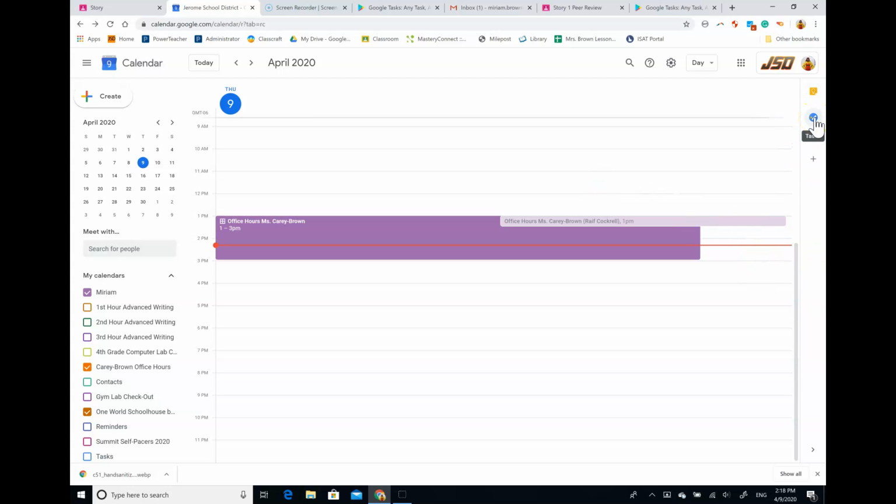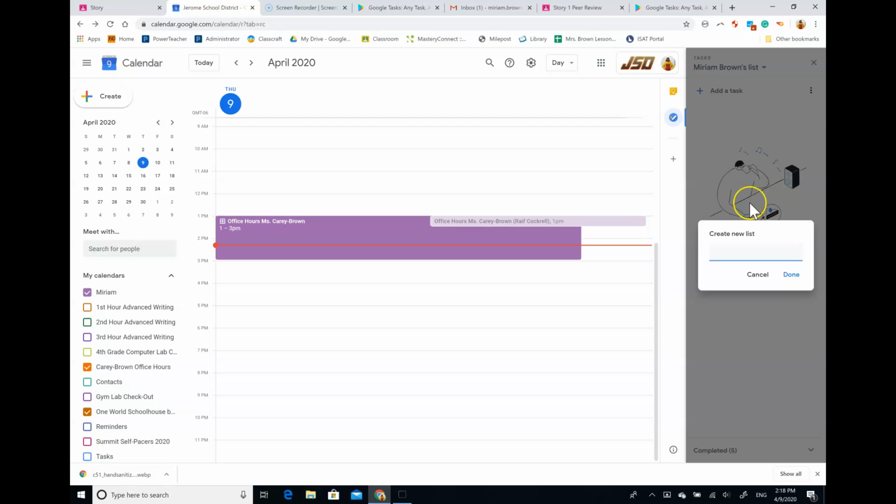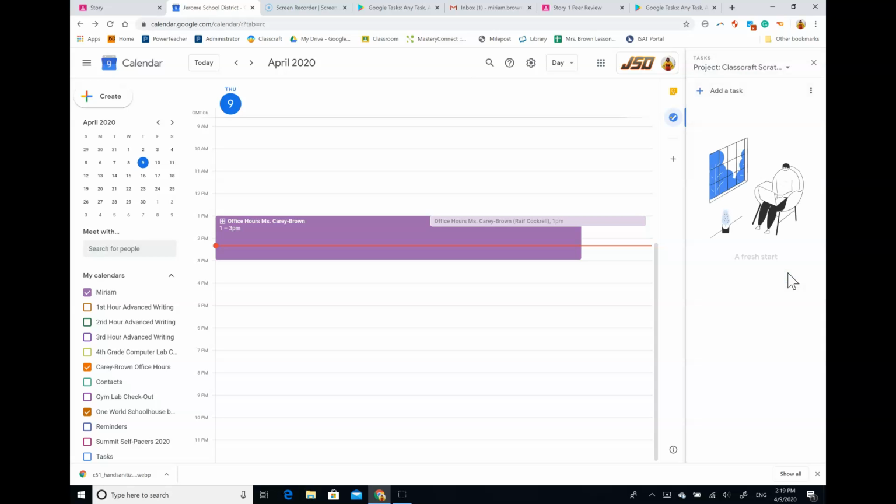So if you just go into your calendar and you click on the little tasks icon, we are going to make a new list. I'm going to create a new list and I'm going to call it project. And my project is to make Classcraft Scratch tutorials. So I really want to have a pretty robust list of tutorials in Classcraft to help people learn to use Scratch. So what I need to do anytime I have a big project, I need to break that down